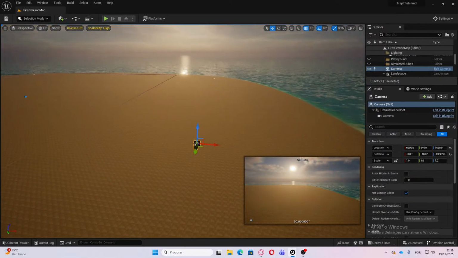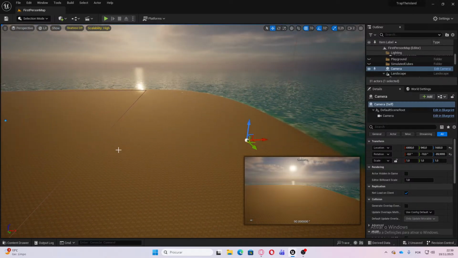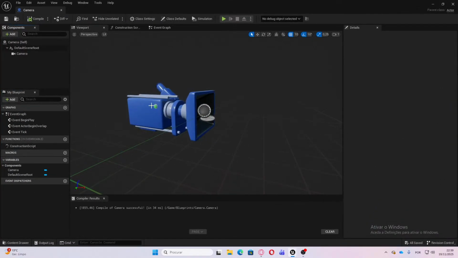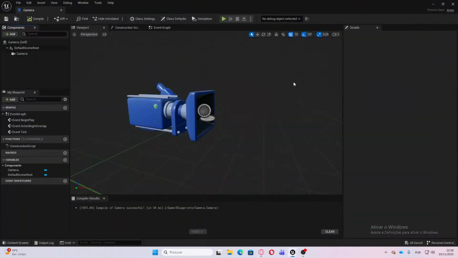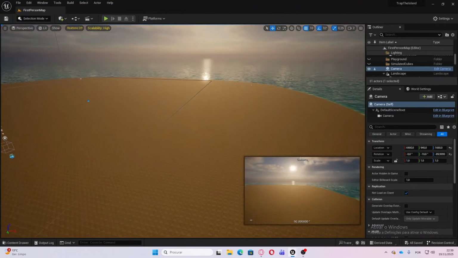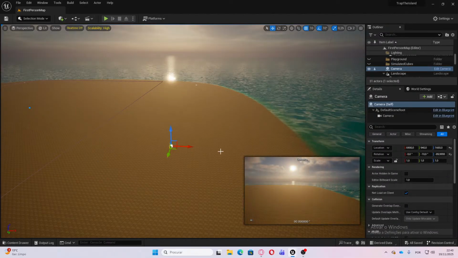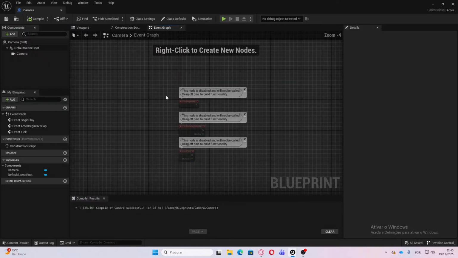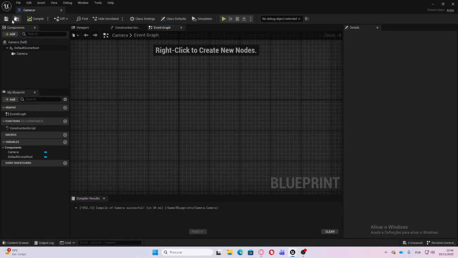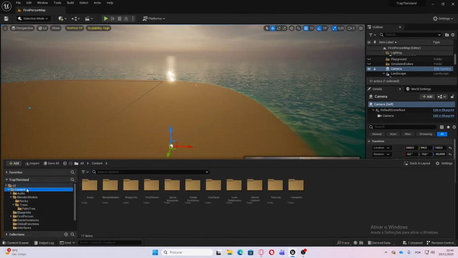For now, this camera will stay here, and now let's do something. Let's come here. So let's delete all of these, and we're gonna have to create a method in